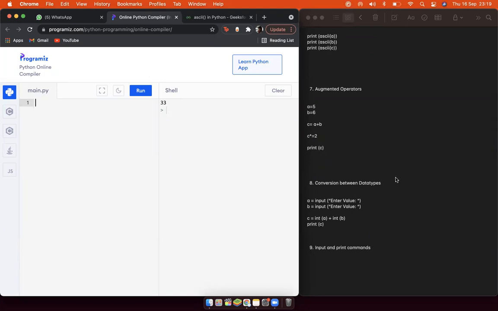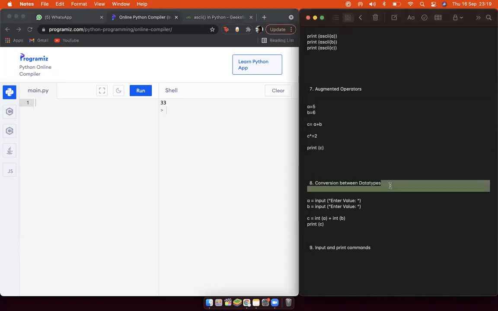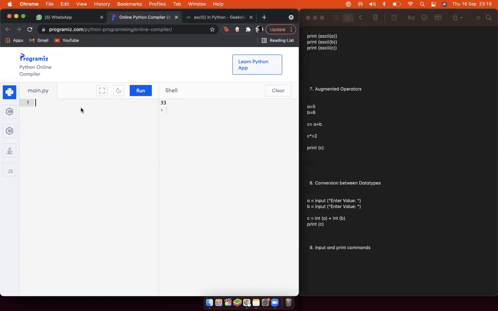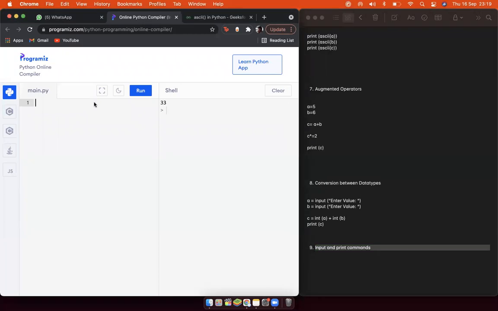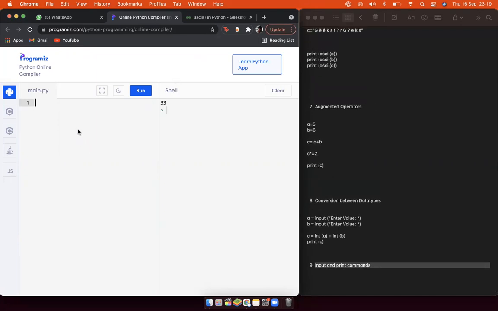Next thing: conversion between data types. And the next thing is input and print commands. You know the print commands I told you about in between explaining all of that, there were a lot of print commands, so I'm hoping you understand how to print stuff.